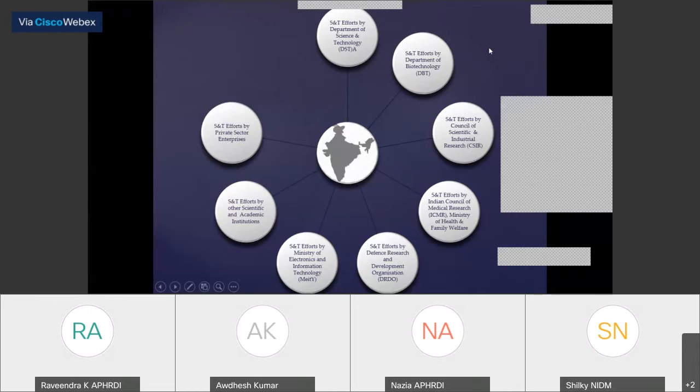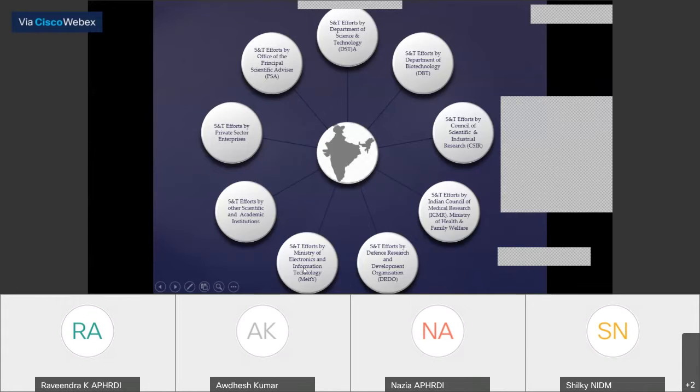Also the names of some leading private sector enterprises, and of course the office of the Principal Scientific Advisor. Together they are trying to make a technological cover for the Indian population, and they are developing